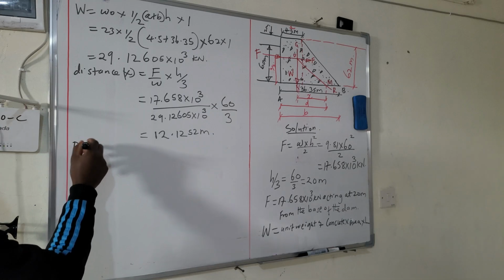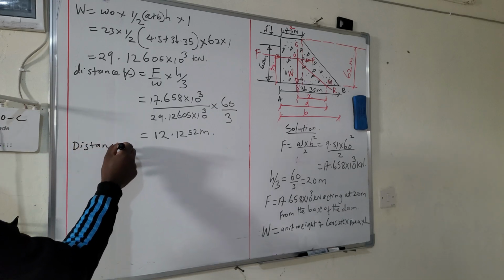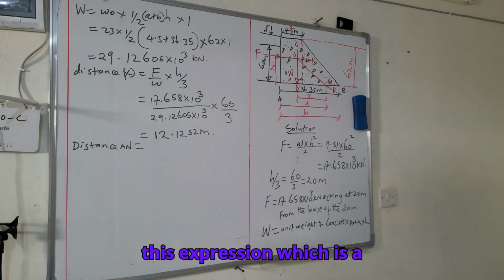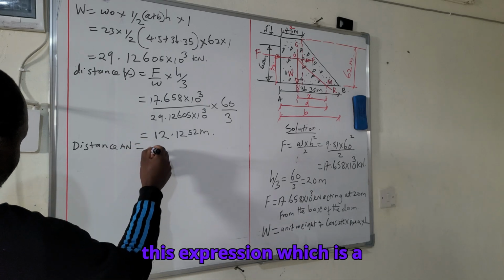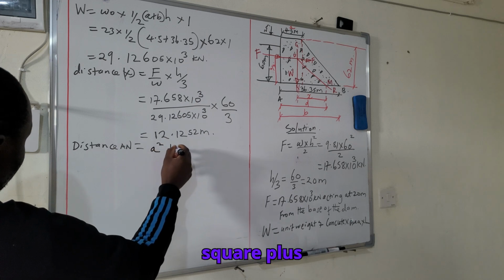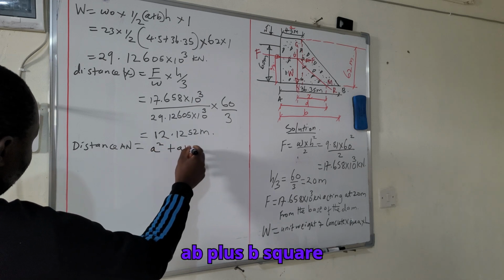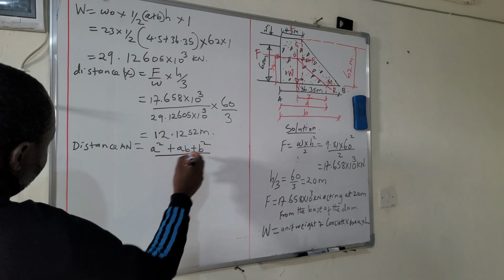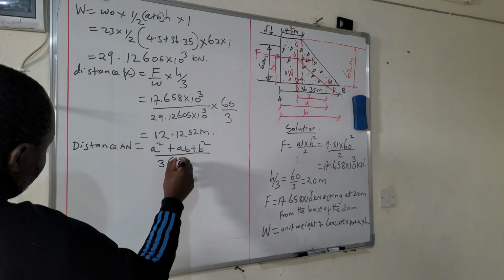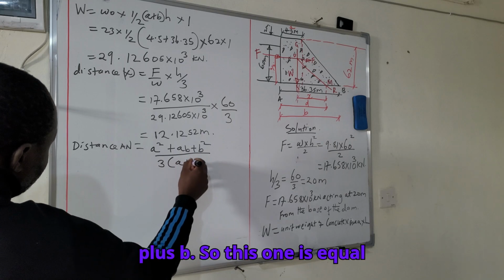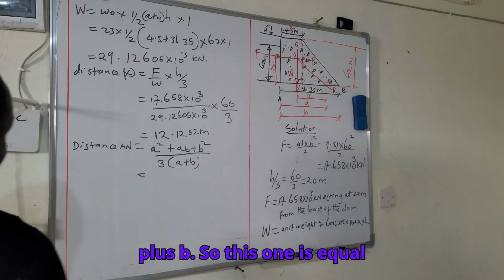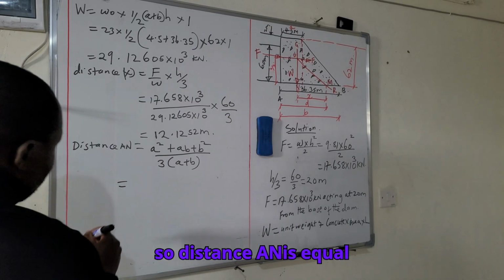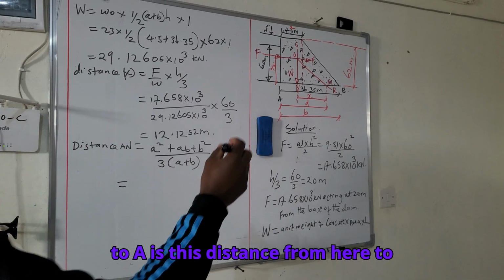So distance AN, you can use this expression, which is A square plus AB plus B square over 3A plus B. So distance AN is equal to, A is this distance from here to here,